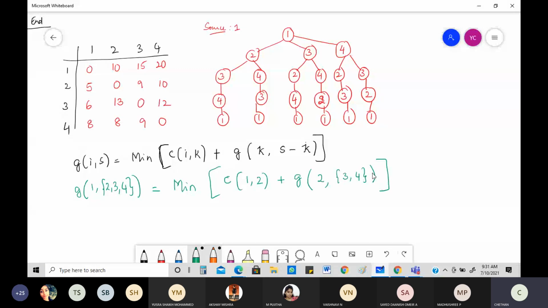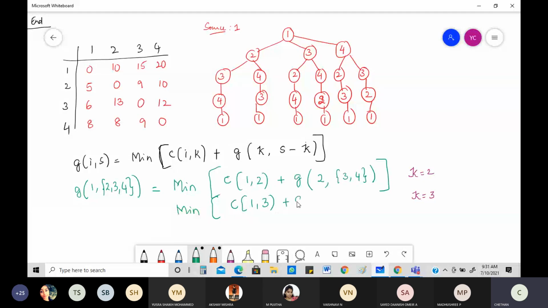Okay, so let's keep this in mind. Now again, this is not the end of it. You can have even the other ones also. What are the other ones you can have? This is with this one. The other one is minimum of C of 1, 3. So what is the meaning of this? Here I am taking K as equal to 2. Here I am going to take K as equal to 3. Because you need to represent for each and any one of it. 2, 3, 4. From 1 you can either go to 2 or 3 or 4. Okay. So C of 1, 3.